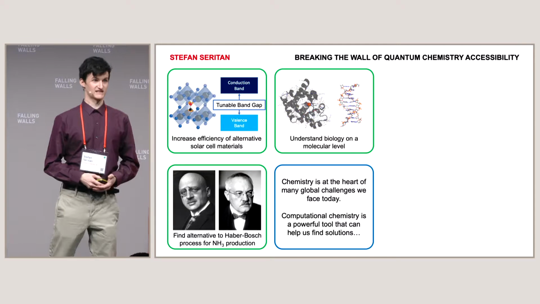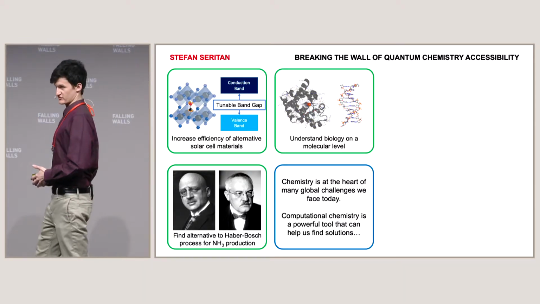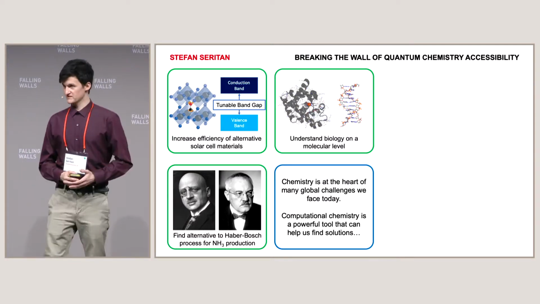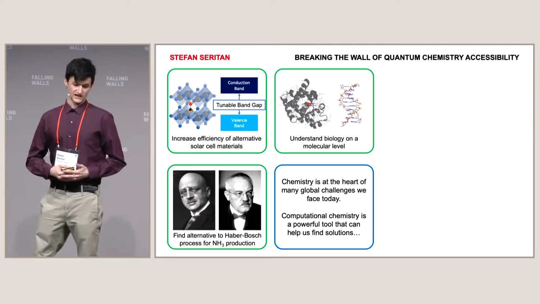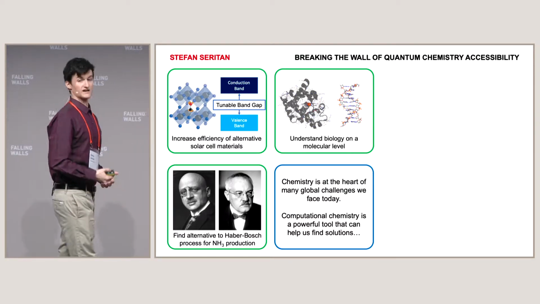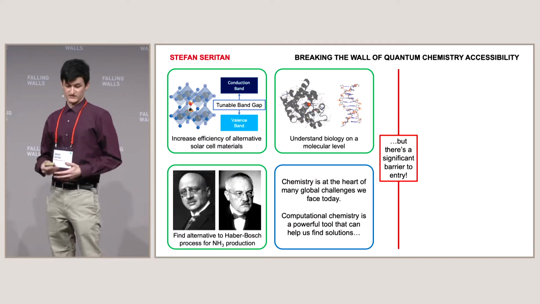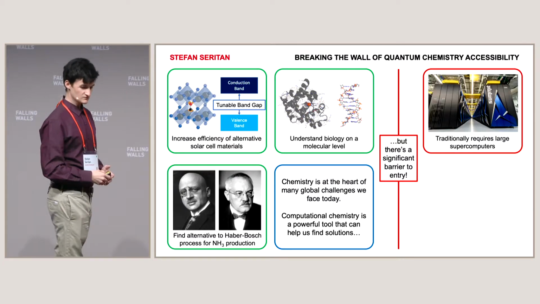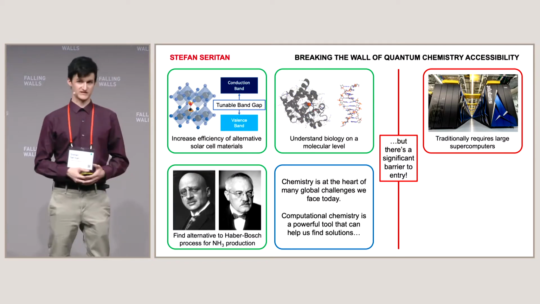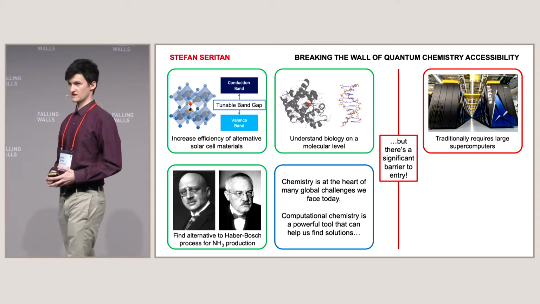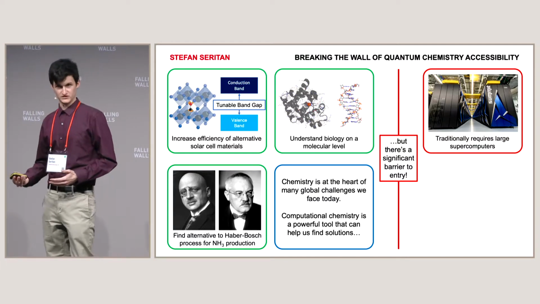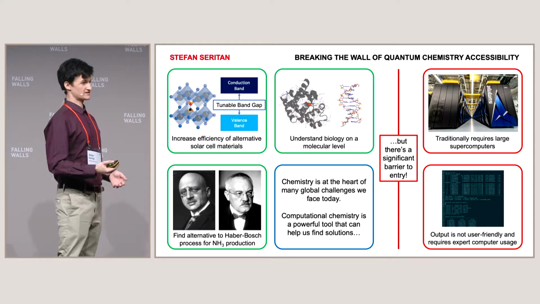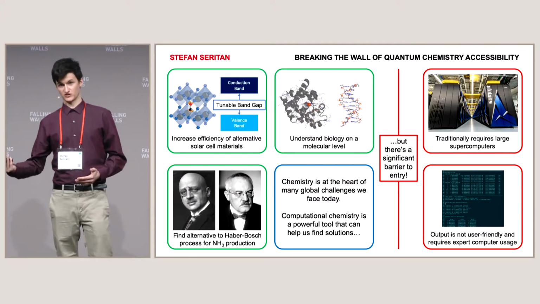And I believe that in today's digital world, computational chemistry can help us find solutions for these hard problems, and is a way to get a lot of people involved without having to buy expensive chemical equipment. But there's a significant barrier to entry to just anybody trying to use computational chemistry. Traditionally, these high-accuracy calculations require large supercomputers that only academic groups or national institutions have access to. And the output is not user-friendly and requires users to become computer experts in addition to learning the underlying math